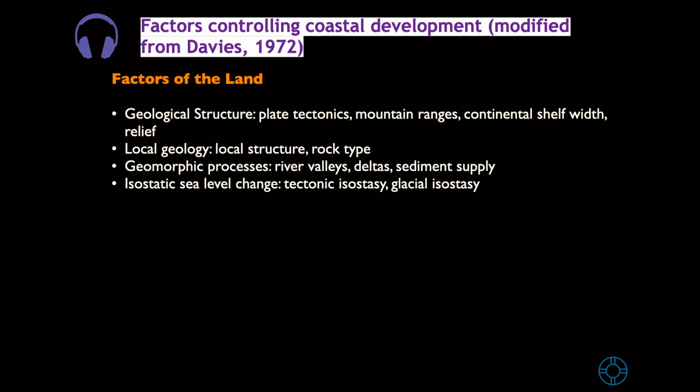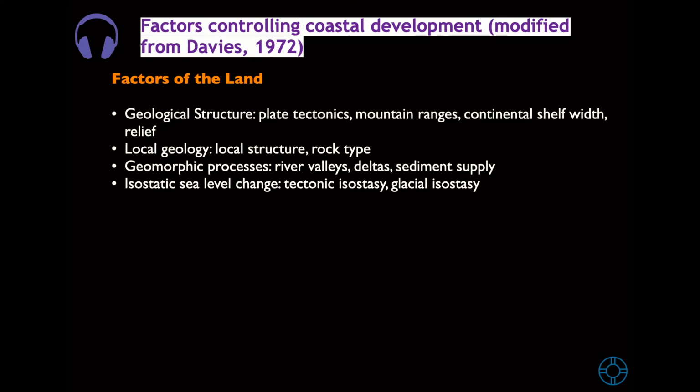These are some factors controlling coastal development, modified from Davies, 1972. There are some factors from the land, and we can talk about geological structure like plate tectonics, mountain range, continental shelf width, and relief. We can talk about local geology, like local structure, rock types. We can talk about geomorphic process like river valleys, deltas, sediment supply, and isostatic sea level change, tectonic isostasy, glacial